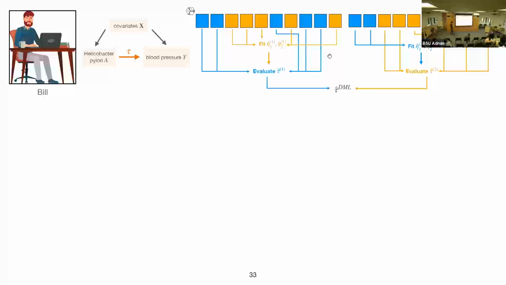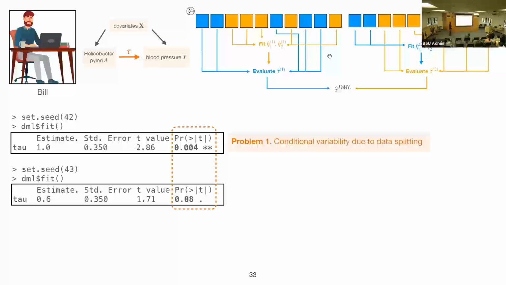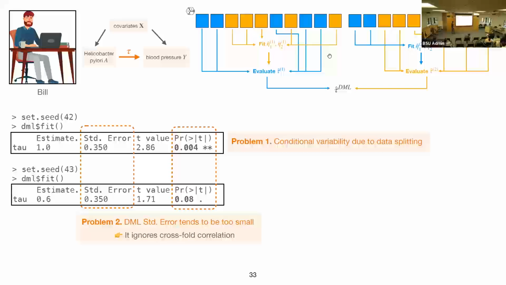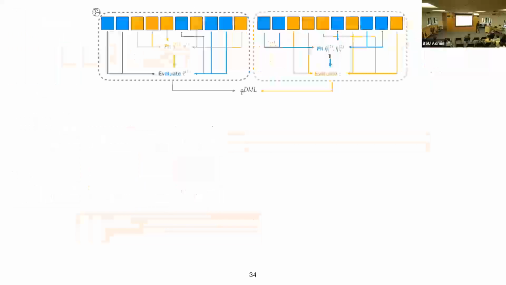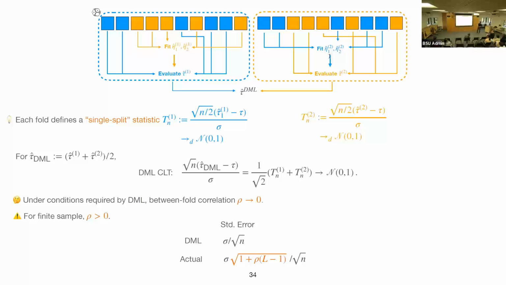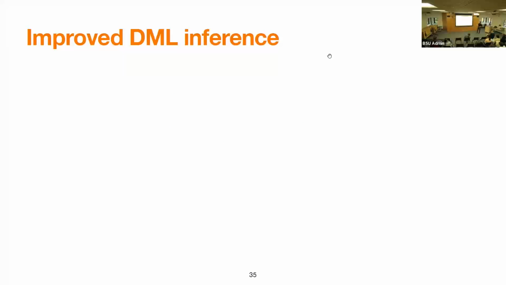Now let's move to Bill's case. So if we recall, Bill has this problem of the p-value critically depending on the random seed. And actually, for double machine learning, if you look at the standard software package implementing the inference for double machine learning, there is another problem. Basically, standard error tends to be too small because these standard inference procedures ignore the finite sample correlation between the 2 splits, between the tau1 hat and tau2 hat. So I don't think I have time to go to the details, but basically, we can repurpose our procedure to deliver a better inference for double machine learning estimators